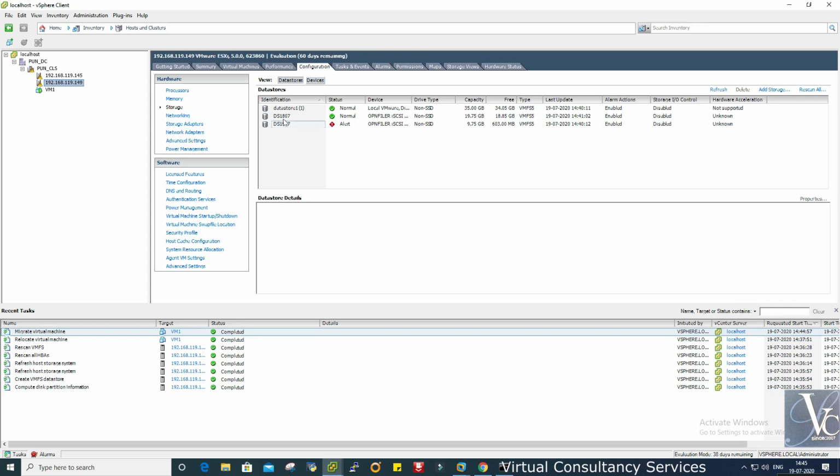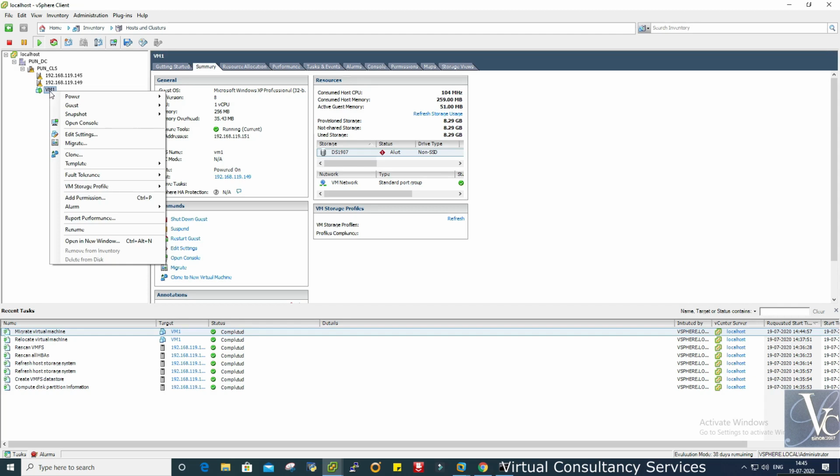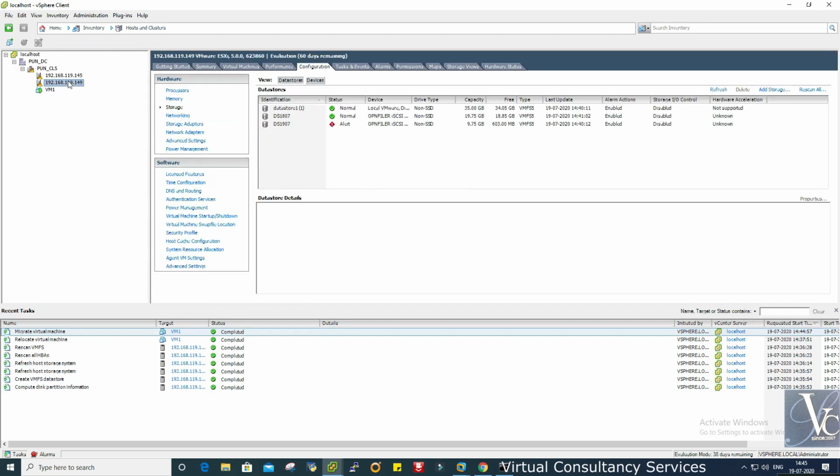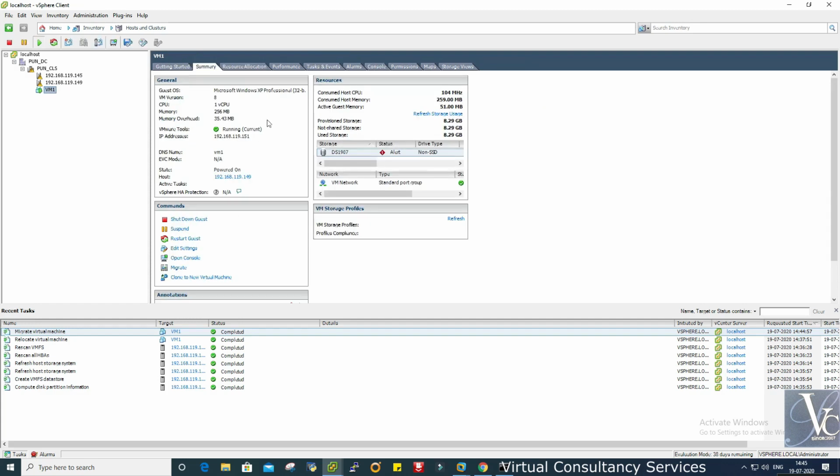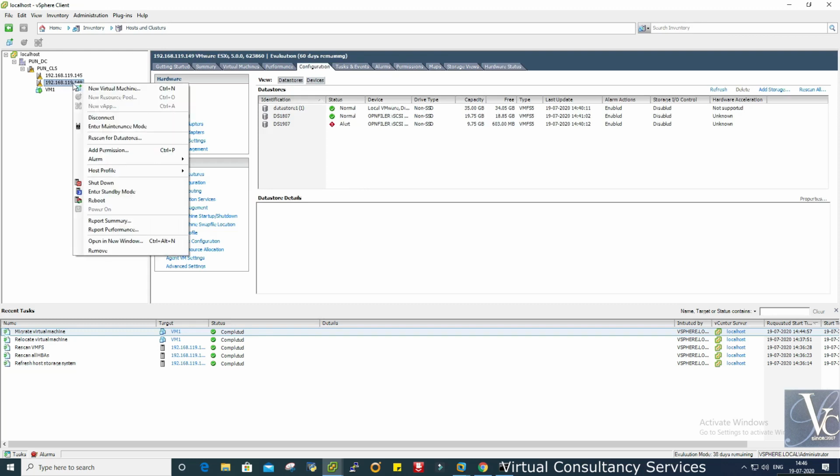The second one happened because we have DS1907 at both ends here, 1907. That's why it happened. Now what we will do is put the host where this VM is registered into maintenance mode. It will automatically migrate this VM to another ESXi host, 119.145.